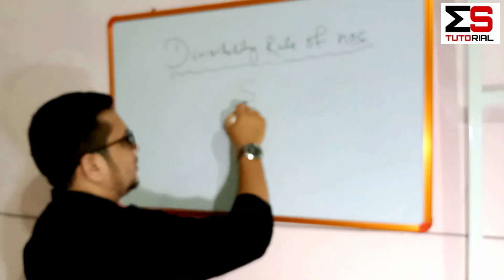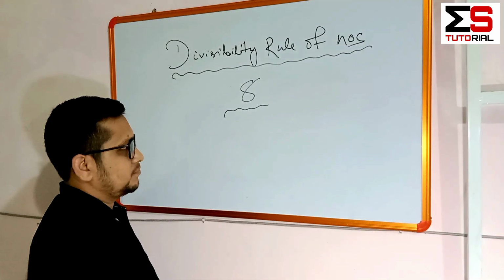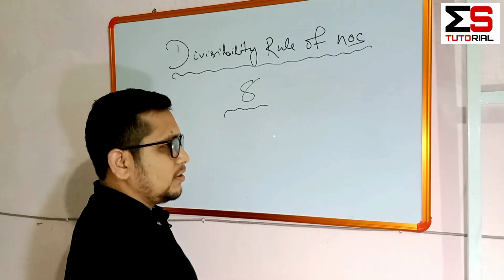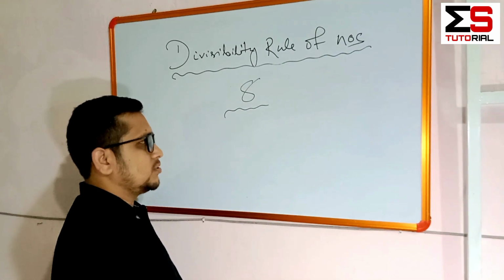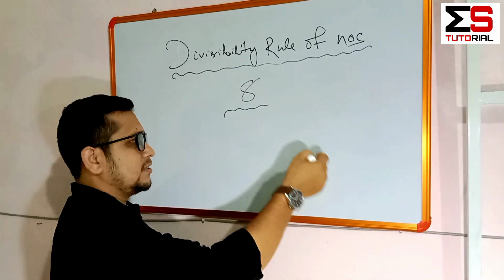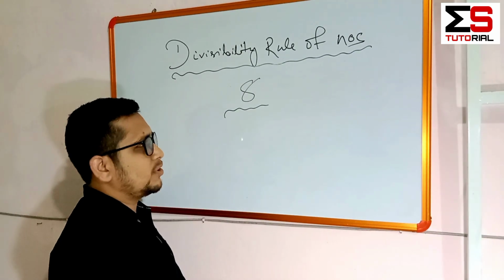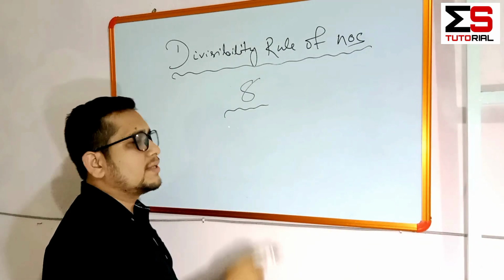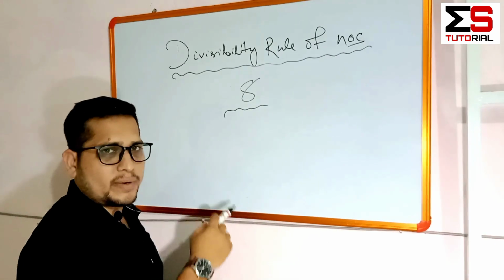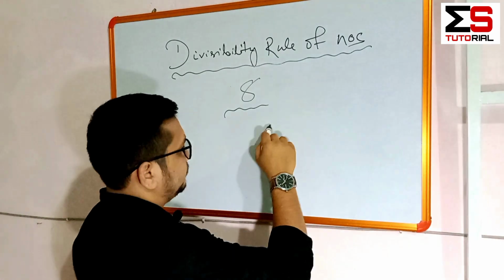Then the divisibility rule of 8. If the number formed from the unit, tens and hundreds place of a number is divisible by 8, then the entire number will be divisible by 8. For example,